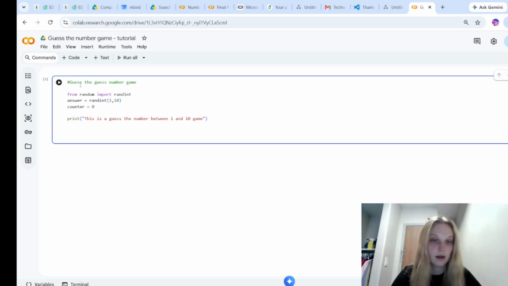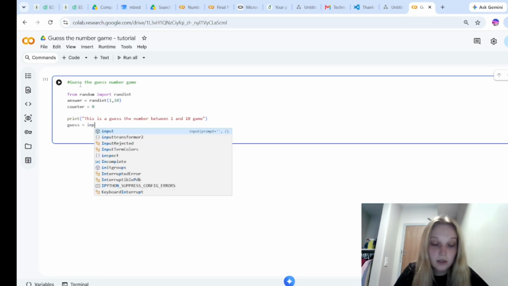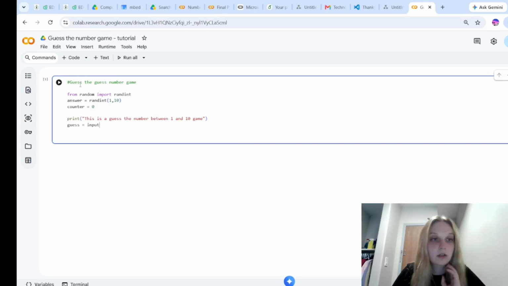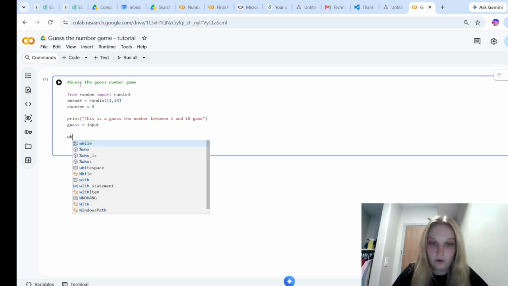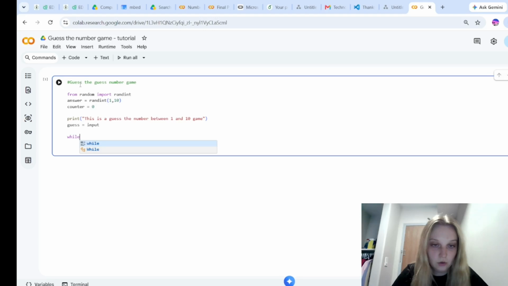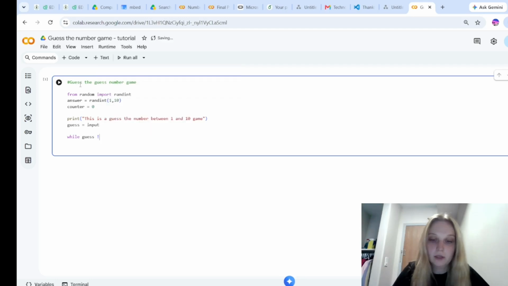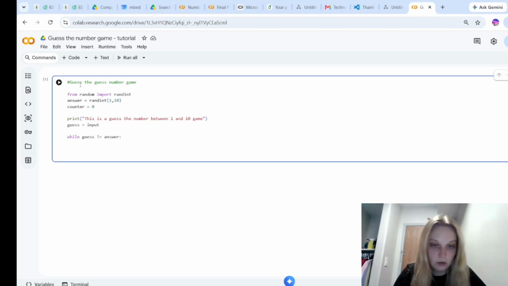All right, and next we are going to set a variable called guess equal to input. So this sets the variable guess to whatever the user inputs. And now we are going to create a while loop. So we're going to do while guess is not equal to the answer. To do not equals in Python, you do exclamation point equals. So while guess is not equal answer, we're going to do